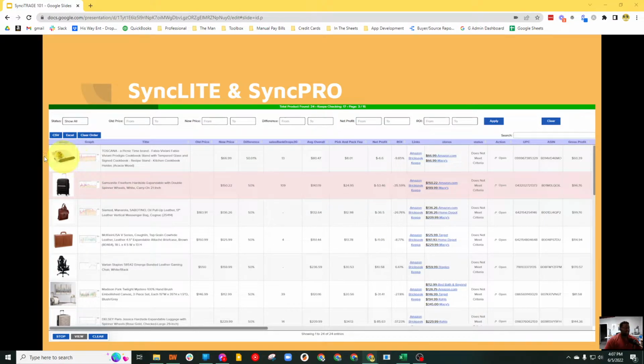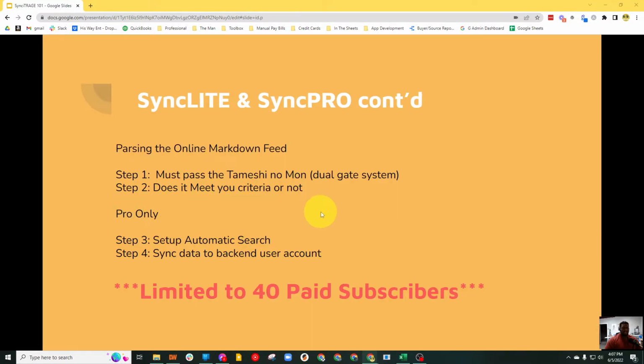All right, so how does it work? There's basically two tests that it's going to pass in order for an item to be considered good or not. And forgive me, but I'm getting ready to make an anime reference. I am a huge anime fan and a big nerd. There's this anime called Hunter x Hunter, and they have this thing called the Tamishi no Mon, which means the testing gate, and only the strongest of characters can make it through this series of gates.